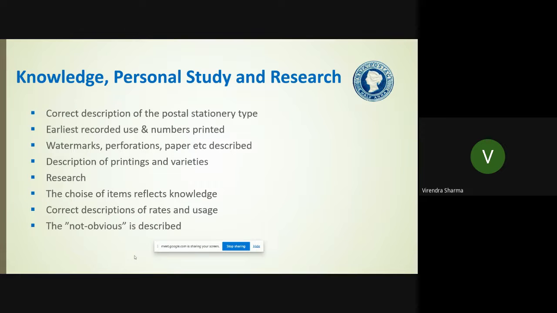Then knowledge, personal study and research is very, very important, and exhibitors can score very good marks in terms of understanding that. Again, it depends on which class and which category you are in, but whenever you are showing any traditional or maybe postal history, postal stationery, various types of things like watermarks, perforation, type of paper,